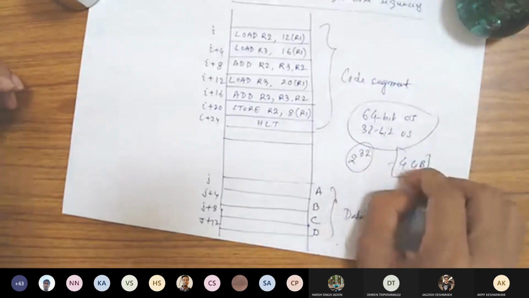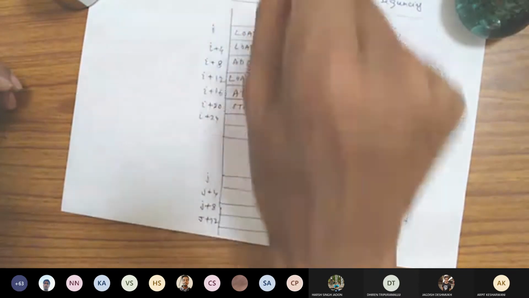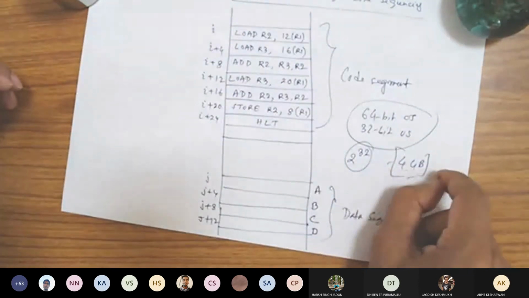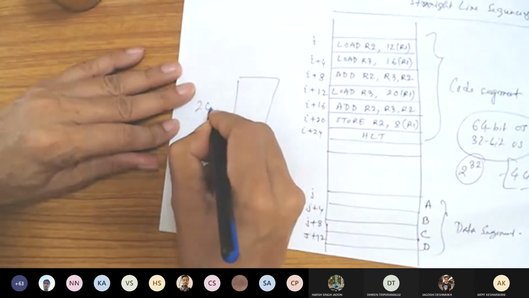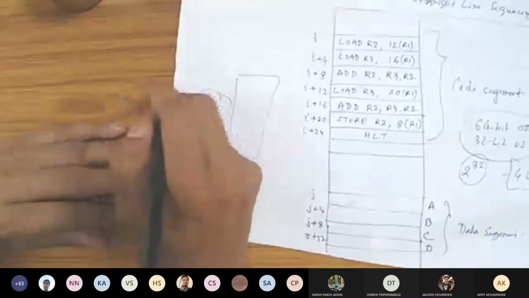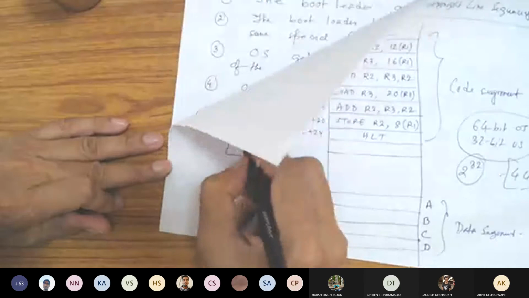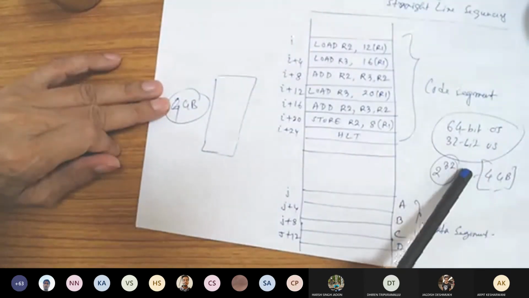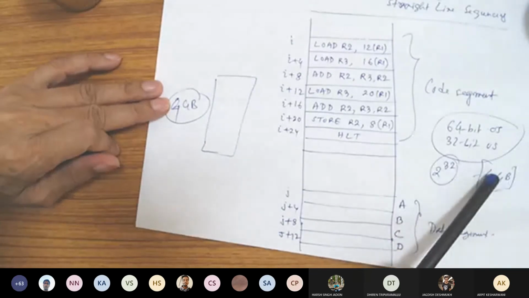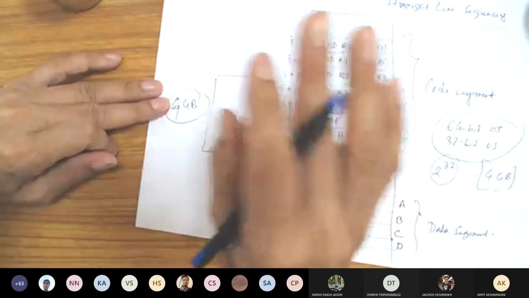Now, you have written a program. I have written another program. Somebody else has written another program. All are given the same logical address space, 0 to 4 GB. What does it mean? Your physical memory may be only 2 GB, or maybe 4 GB. Let's assume physical memory is 4 GB. You have 5 programs whose logical address spaces are given as 4 GB each. So do you need 20 GB of physical memory? No, it's not possible.